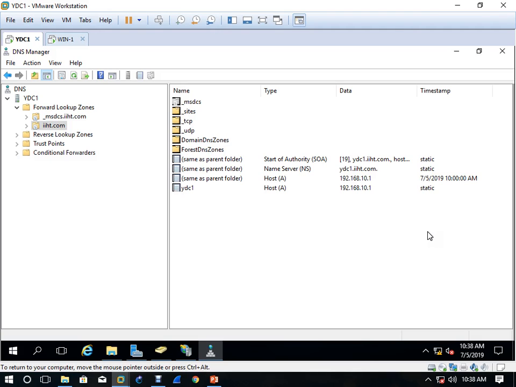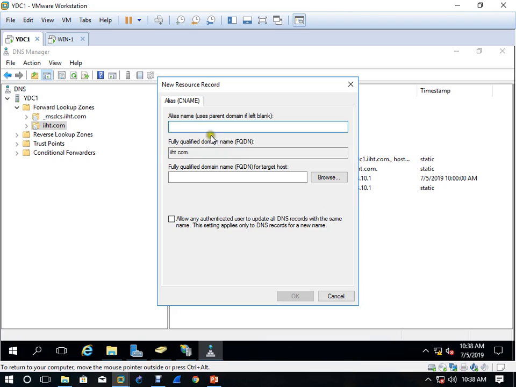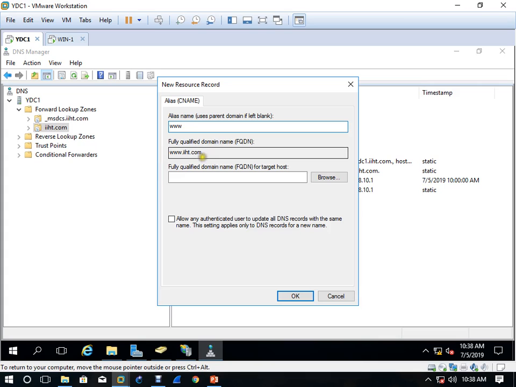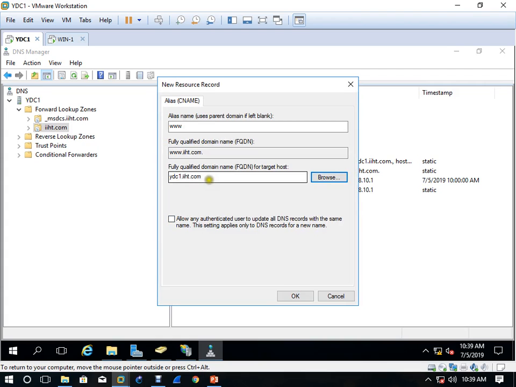No, we just write www something. So we need to create www. www is not automatic. So right click, alias, see this, ist, www. So www.ist is the name now in public. When people use this one, the request will come and be translated to which computer? It will be translated to this one. The actual name is this one and this is the second canonical name, the fake name. When people run this one, it will come to DNS to be resolved with this one.